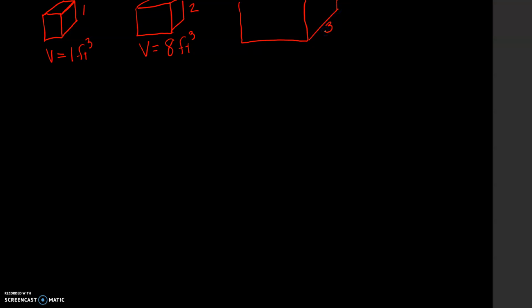If a side length is 1, the volume of that cube is 1 cubic foot. For a bigger cube with a side length of 2, that volume is 8 cubic feet. Can't quite fit on this guy. We'll just assume it has a side length of 3. The volume of that cube is 27 cubic feet. And one giant cube over here that barely fits, with a side length of 4, has a volume of 64